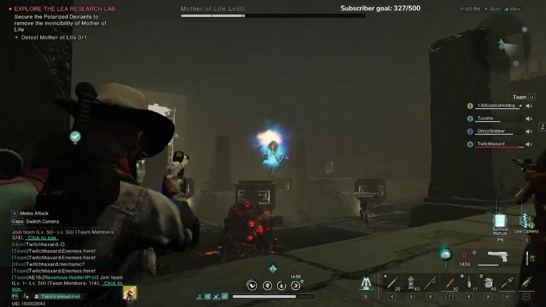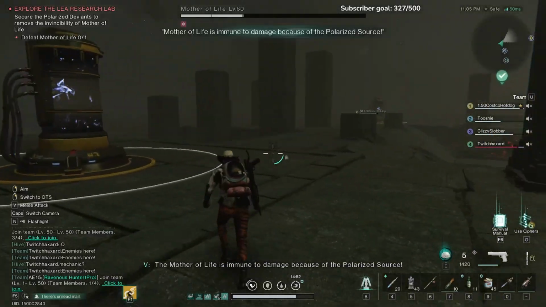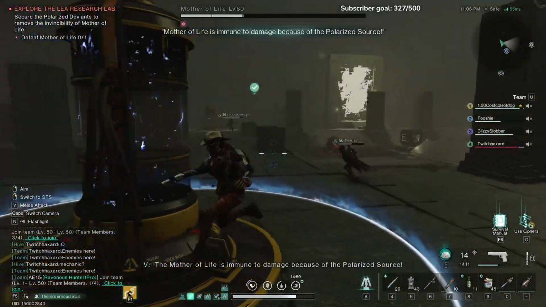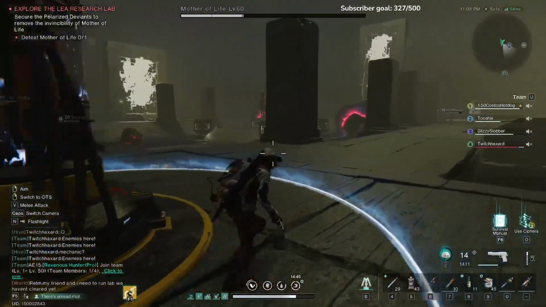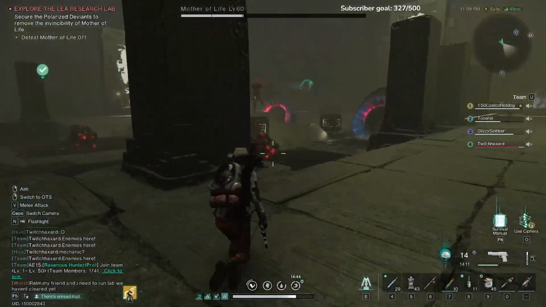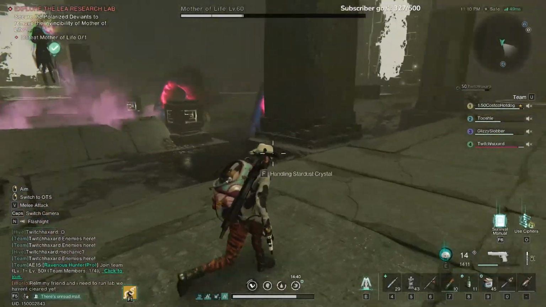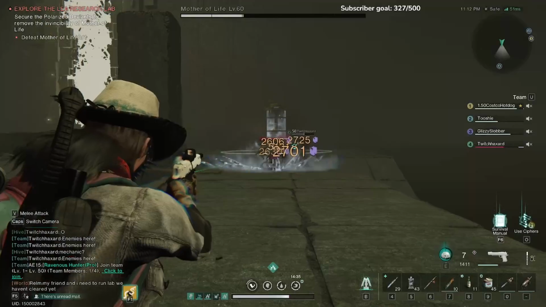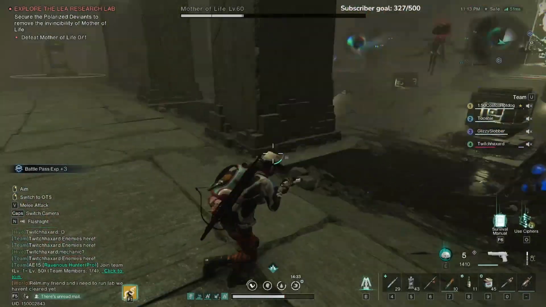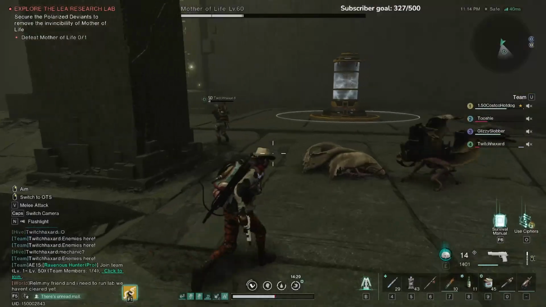Is this the final boss? Yeah. The Mother of Life is immune to damage. So now these are two electric, one fire, and one ice. The ice is in the back by our fourth. The fire is across from him. There's no electricity right now, correct? Correct. Okay, that's what I was saying. I'm pretty sure none of those are electric, but...